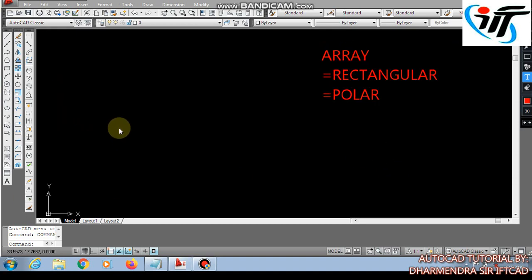Before proceeding we must check our unit, dimension and limits. Let me find out if my unit, dimension and limits are okay or not.